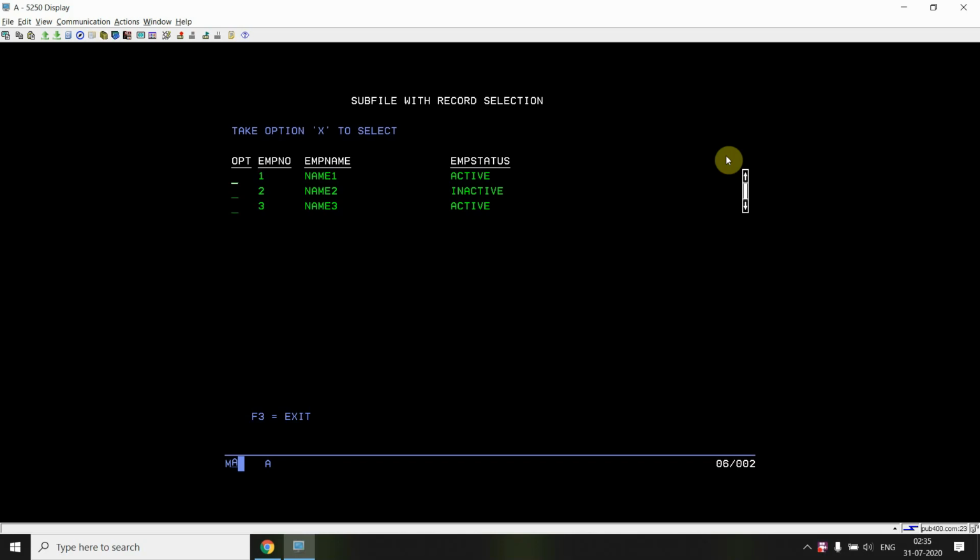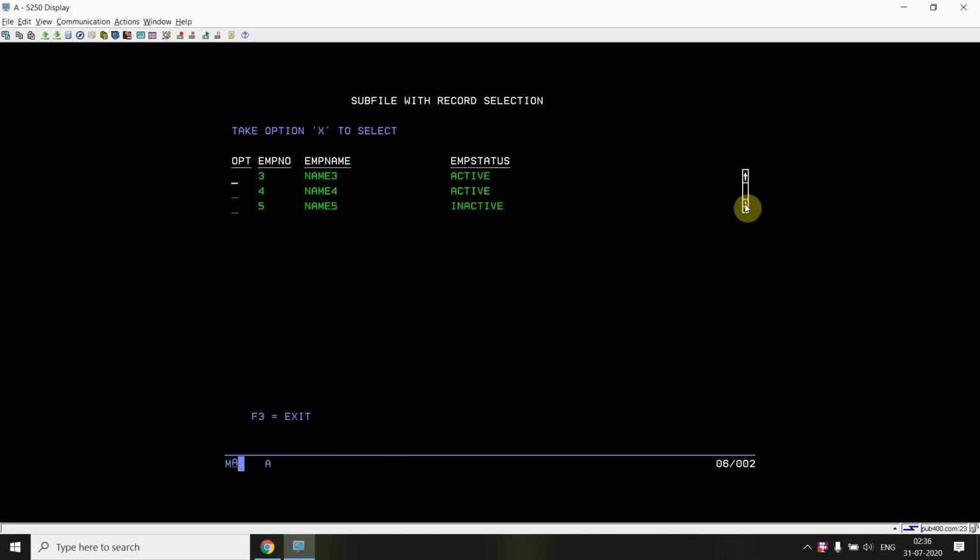So now, for example, if I press on these, we have two arrows here, an up arrow and a down arrow. If I click on the up or down arrow, I will be scrolling only one subfile record at a time. So basically these arrows will be scrolling only one subfile record, not all the page records.